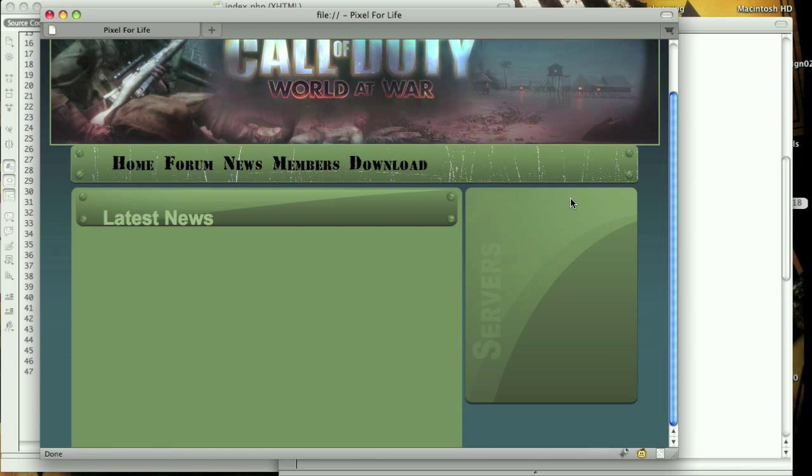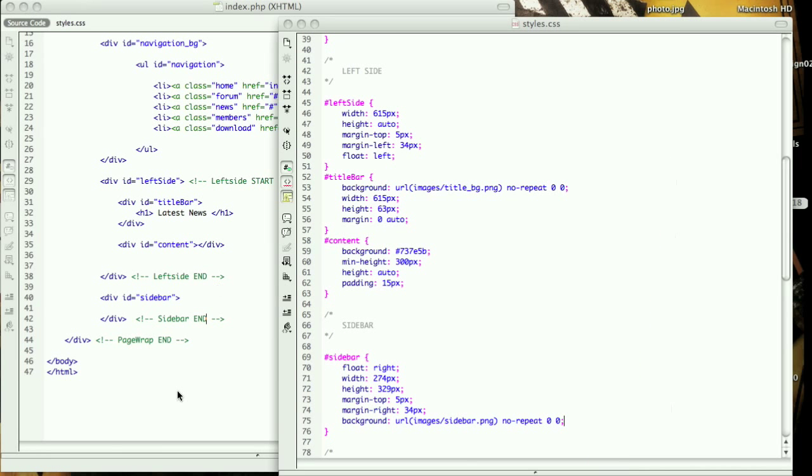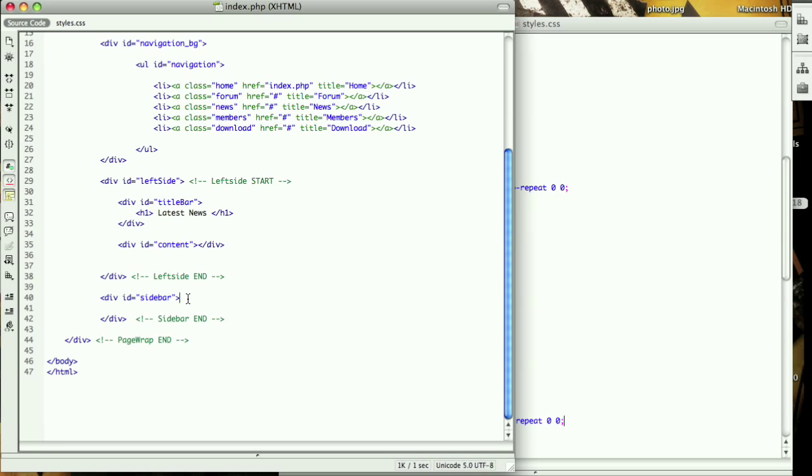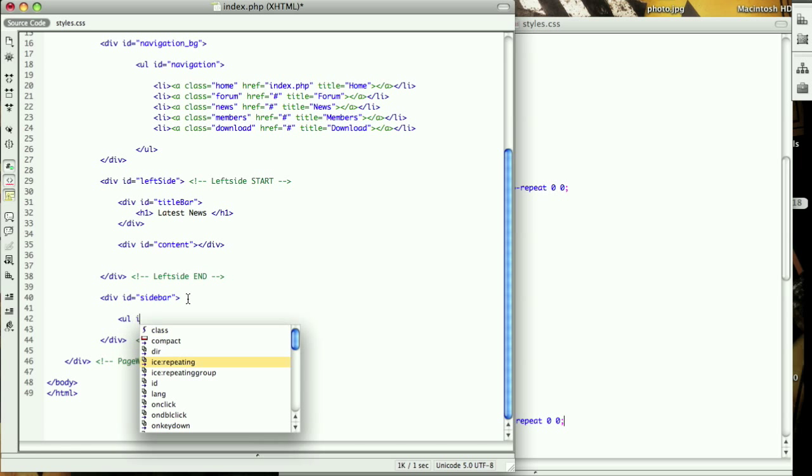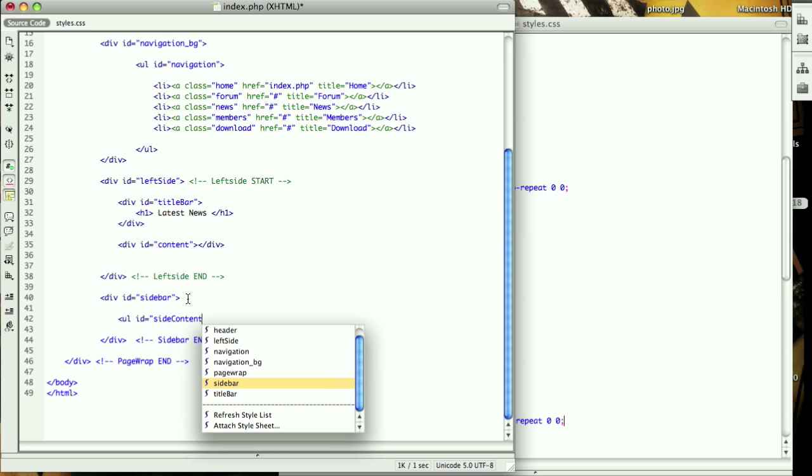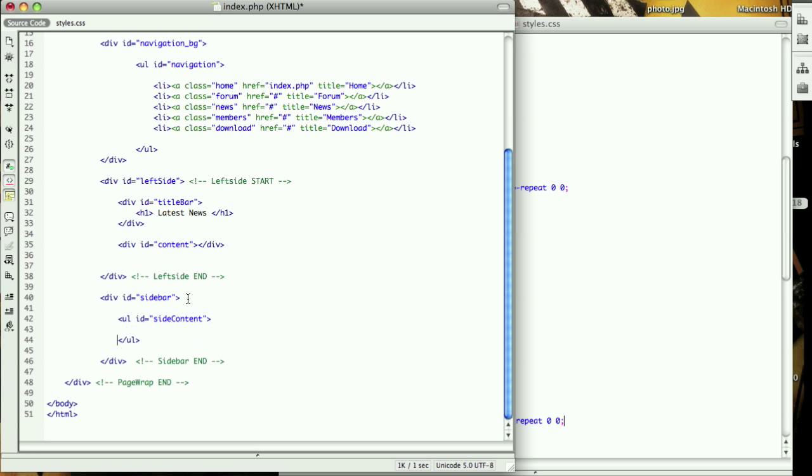So now that we have the sidebar there, let's start on the unordered list for creating the IP addresses or the server addresses, whatever you want to call it. It doesn't even have to be IP addresses. So to do this, we are going to do exactly like we did with the navigation bar. So you want to go UL ID equals side content, close that off, and then inside of this we are going to go li, which is a list, just like we learned before,